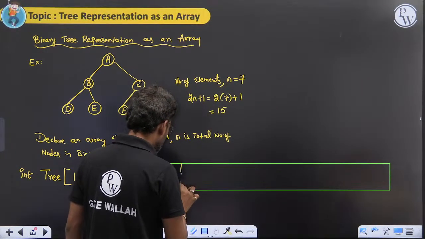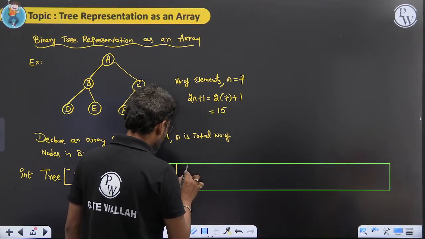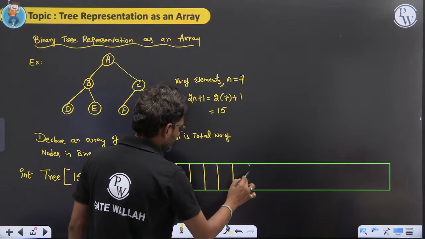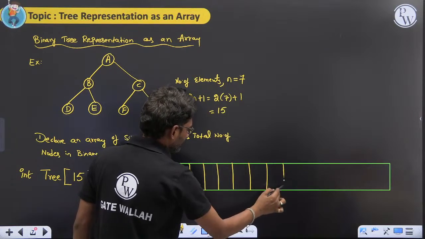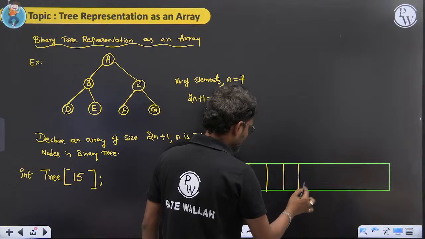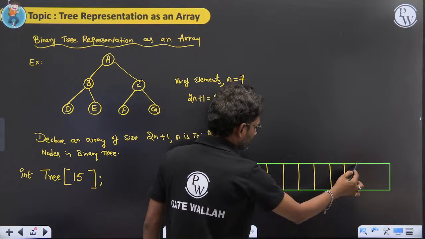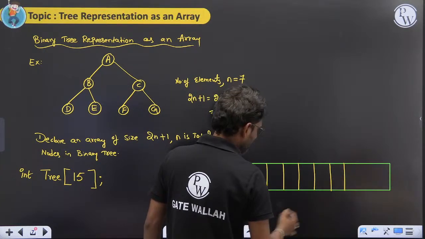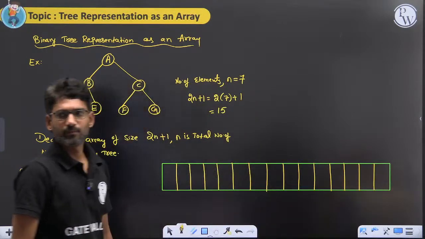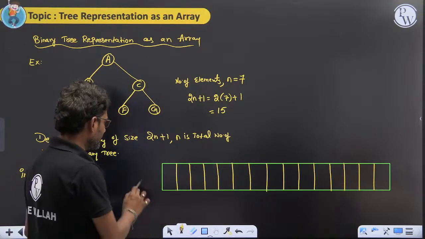With indices of size 15: 1, 2, 3, 4, 5, 6, 7, 8, 9, 10, 11, 12, 13, 14 and 15. Right? Now, what we have to do to represent it in the form of an array,